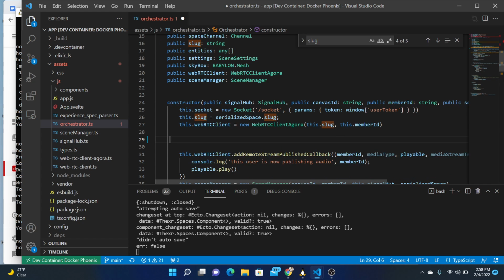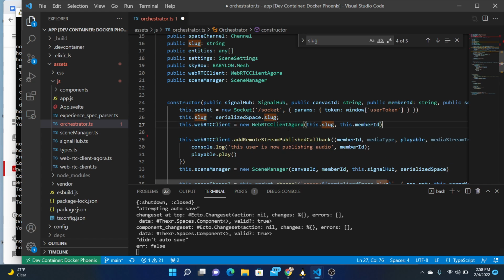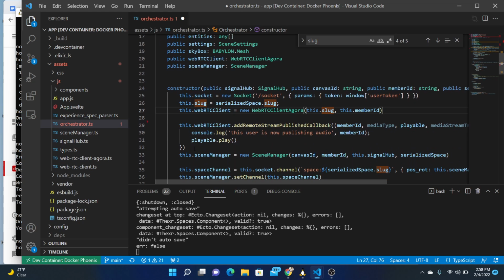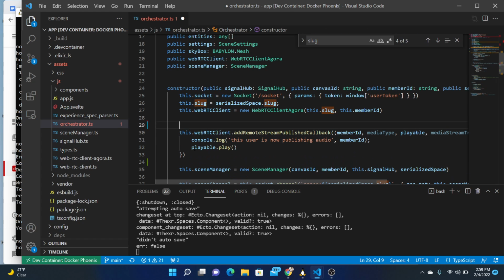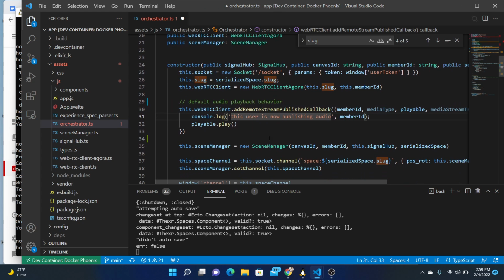This was just a note. We don't need this here. Sets up the... Okay, so this is just setting up the default behavior of what you want to do here. Default audio playback behavior. It sets up a scene manager,